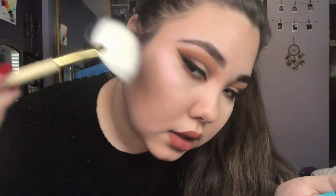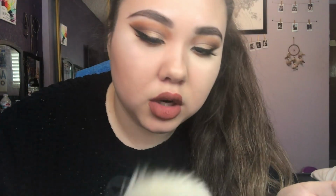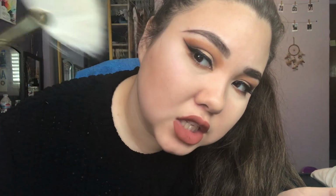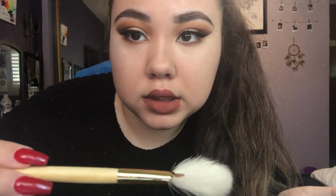As you can see, there's a little bit of the highlight on there. I don't really favor fan brushes, so I don't really like this fan brush. It's not really doing anything for me, unless it's just the highlighter. I can see a little bit of the highlight on there, but we'll see how the other brush goes with